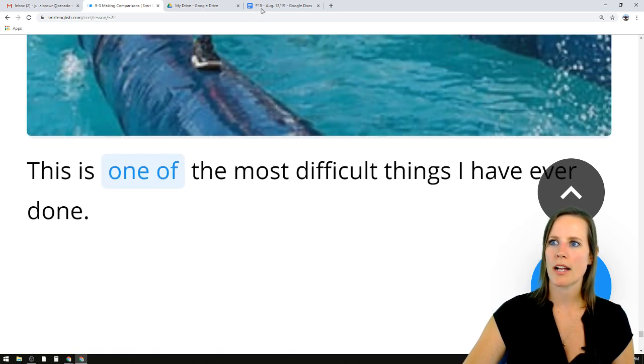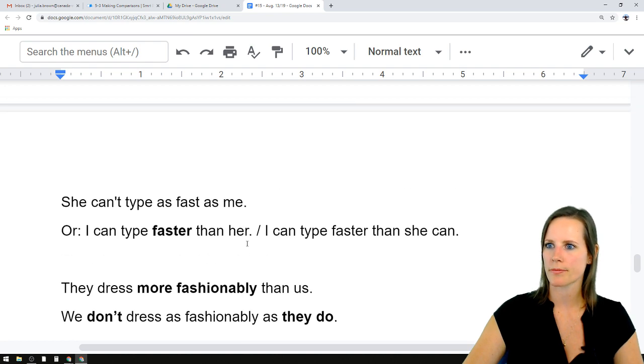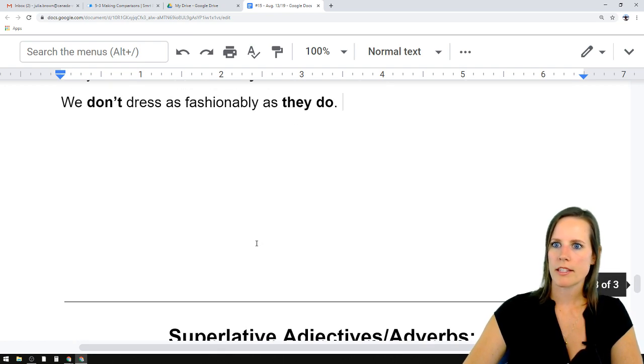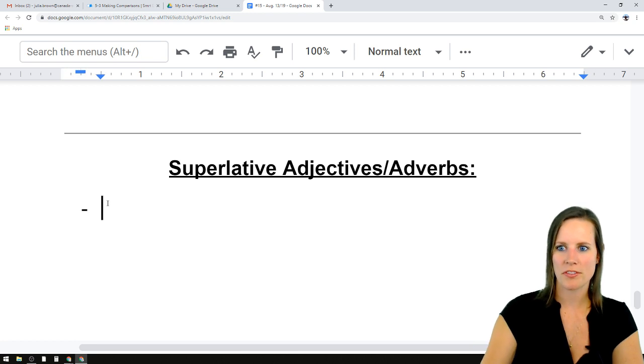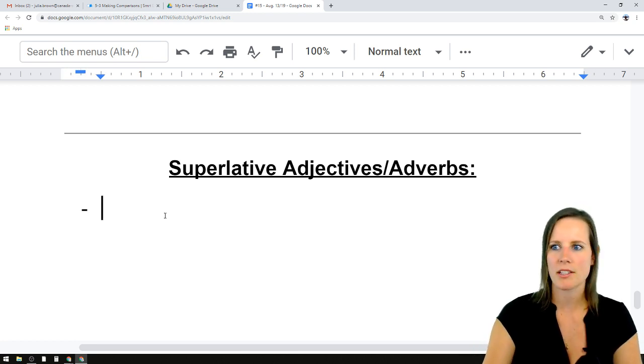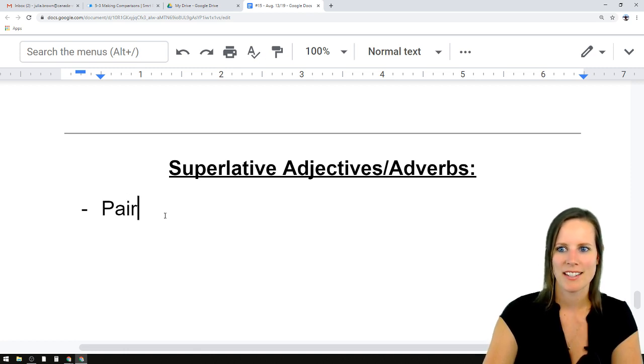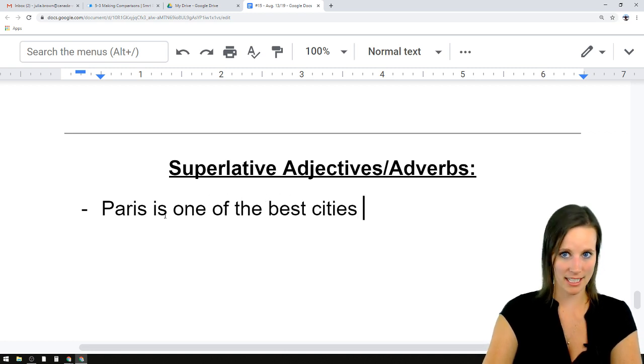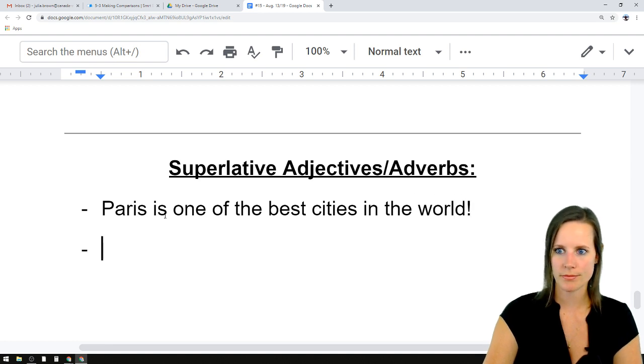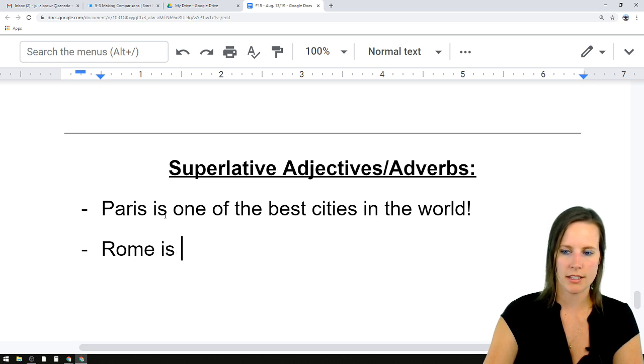All right, so I'm just looking back at the document. Let's see here. I want to put a few examples for you guys down here because we don't have any. So let's go for some superlative, adjective, or adverb examples. Good. Paris is one of the best cities, plural, in the world. Good. You could say Rome is one of the most,